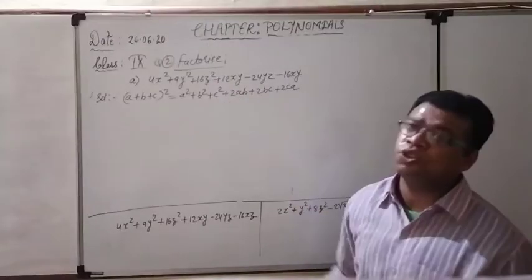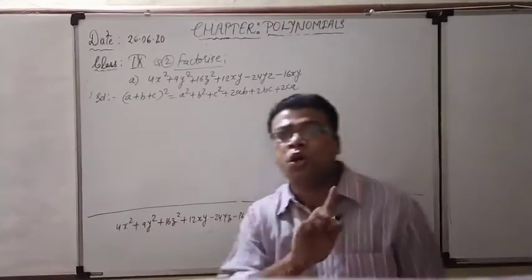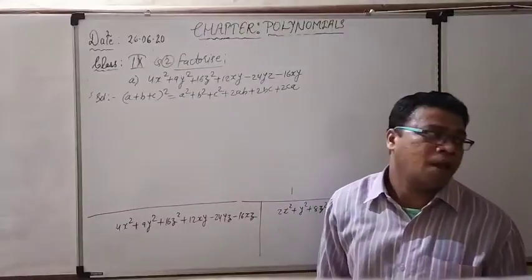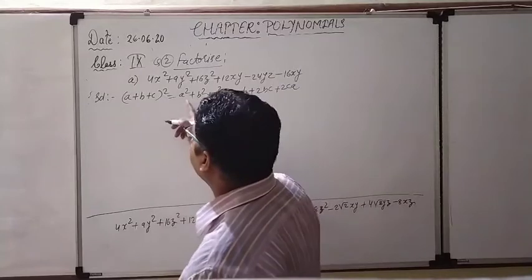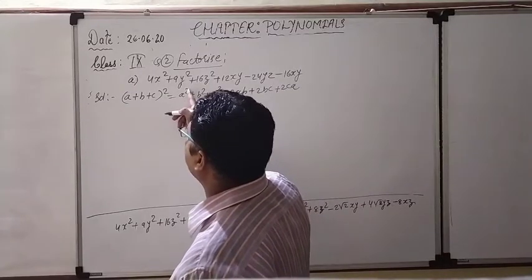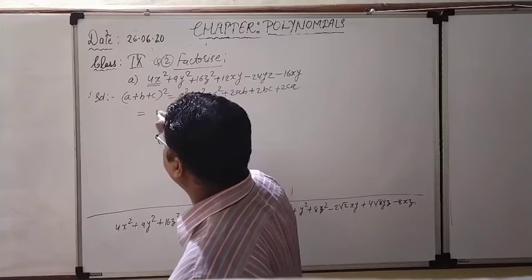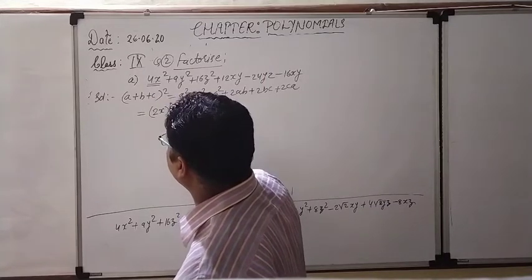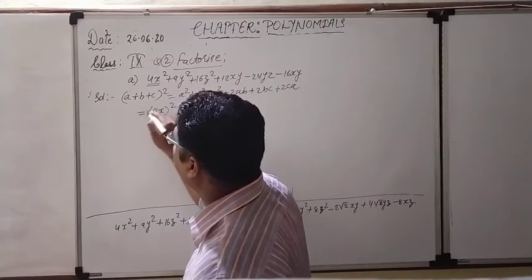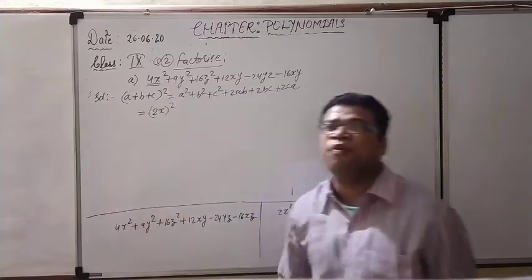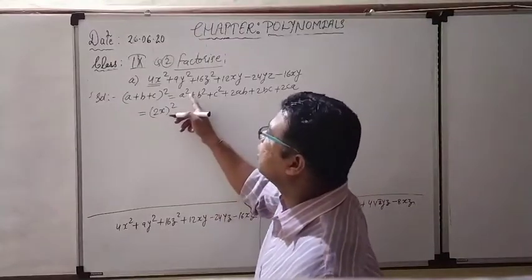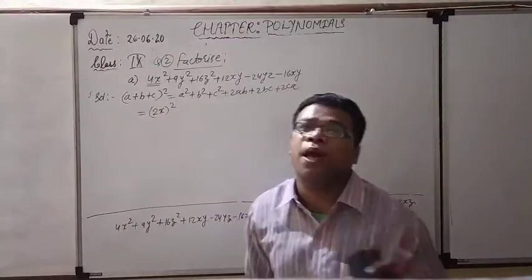Right now you have to decide whether this particular question is coming in this particular format. No. So first we have to convert the question into this particular form. How to convert? See here. Here it is coming in the form of a square. So first we will convert that 4x square. It can be written as 2x whole square. So we have to convert the 4x square in the form of 2x whole square. And right now from here you can understand the value of a is going to be 2x.